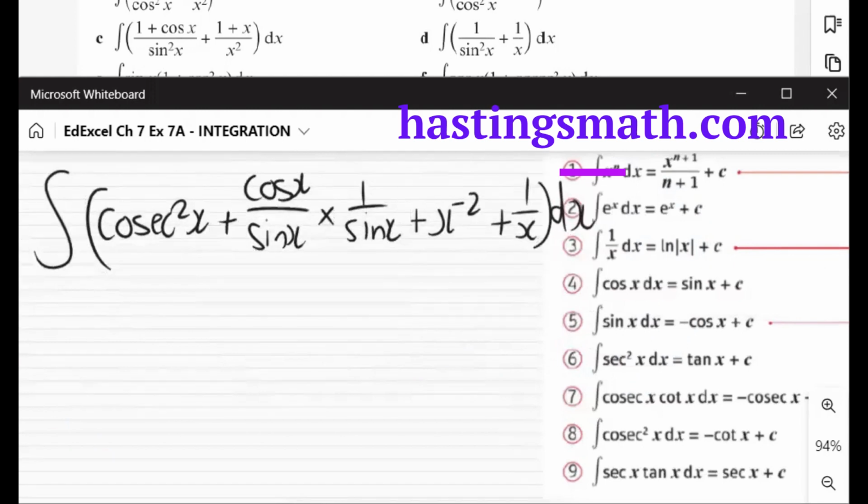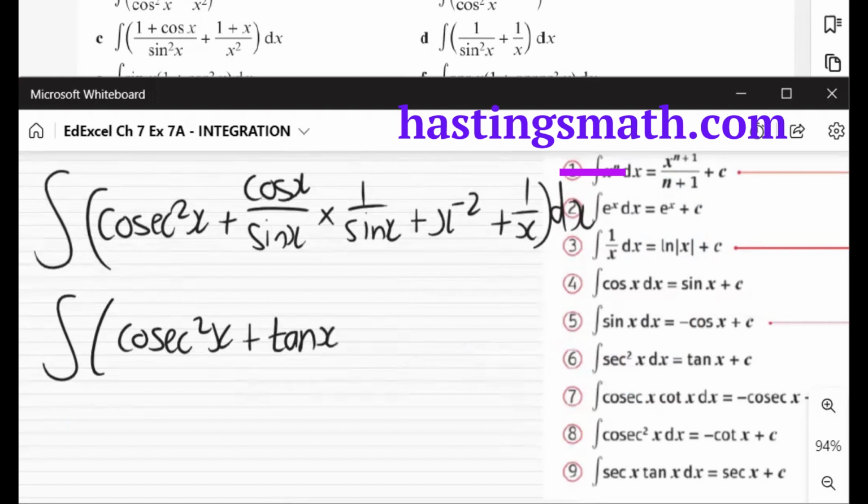So we have cosec squared x, cos over sine. Let's see, what can we change that to? Well, tan. Let's try tan. If we had that as tan x, it would be tan x times sine. Oh, that's not tan. That's cot, because it's the reciprocal of tan. Okay, that makes it much easier. So we have cot x